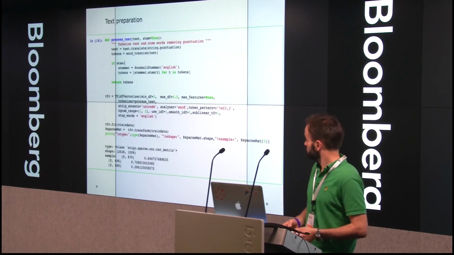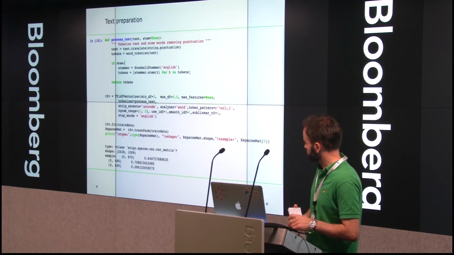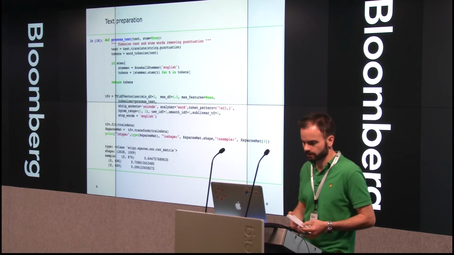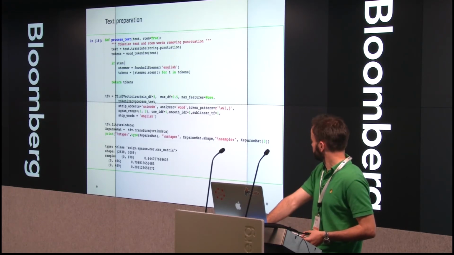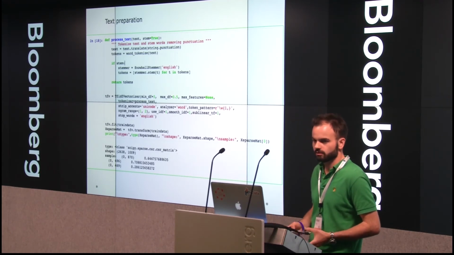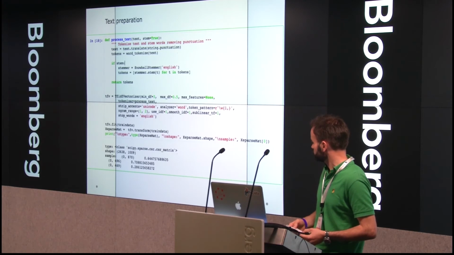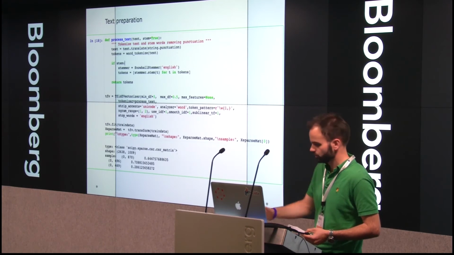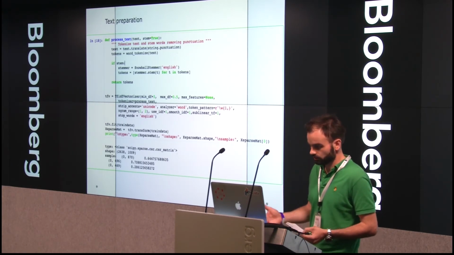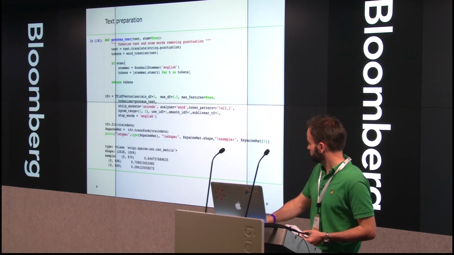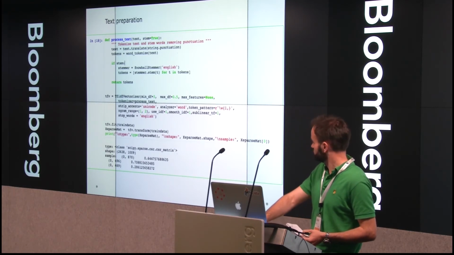So here, preparing the text, I'm using a vectorizer, doing all the things I said earlier, getting rid of some accents, determining a token pattern to spot a word. And I'm deciding to use 1 and 2 word n-grams. What I'm doing at the bottom there is transforming this data into a sparse matrix, so it's mainly zeros, and I'm plotting what the data looks like.